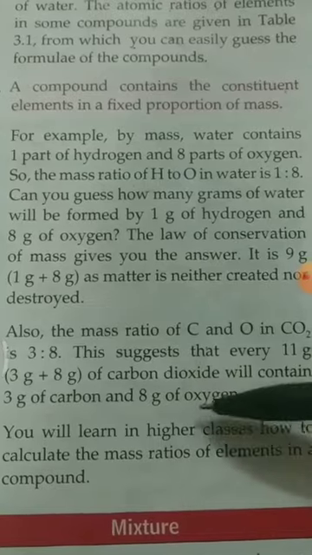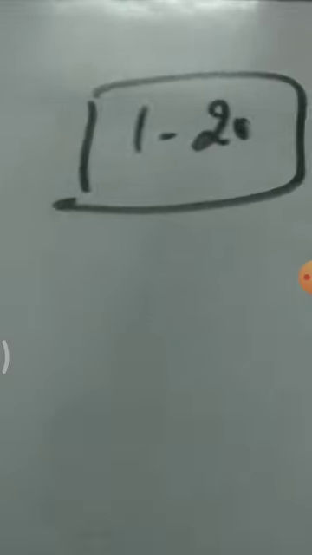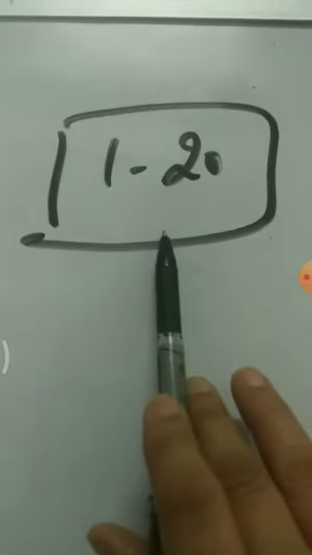mass. Before understanding all this, you have to learn elements 1 to 20. Already in 7th class you have learnt. Now see, hydrogen, mass number 1. Oxygen, mass number 16. You have to learn the mass numbers. Now come to the example, what they try to explain to you. Water: mass number of hydrogen is 1. Mass number of oxygen is 16.